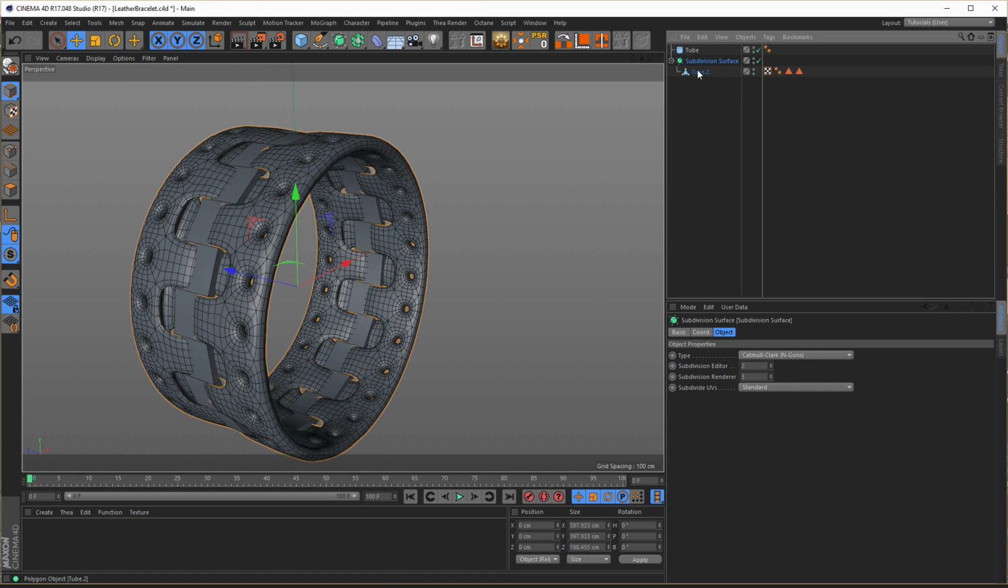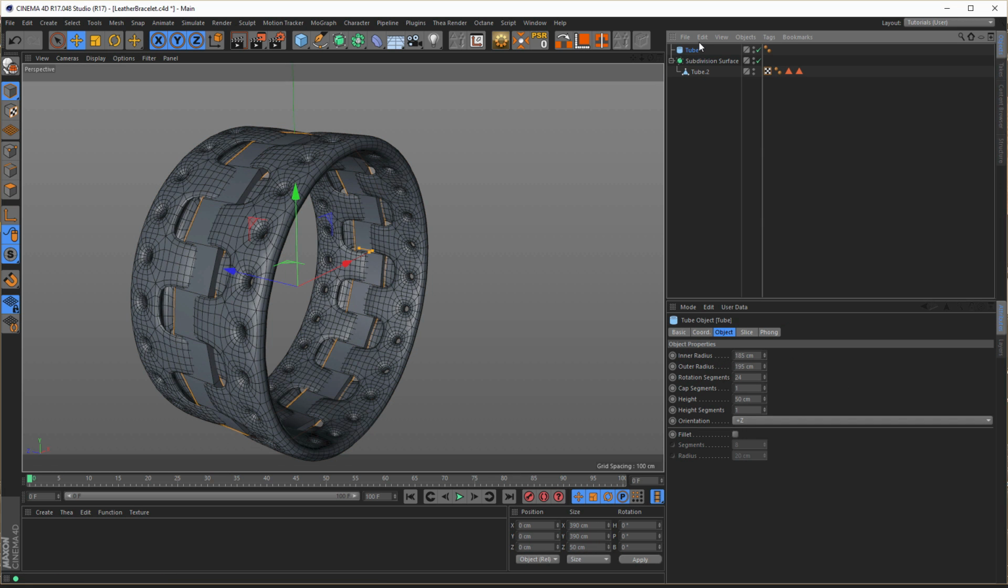Be sure if you do this in future, before you put it in the subdivision surface with the Alt thing, so if you hold your Alt, before you do it, center your things if needed. So now we can see what this tube does. Put this tube in this,